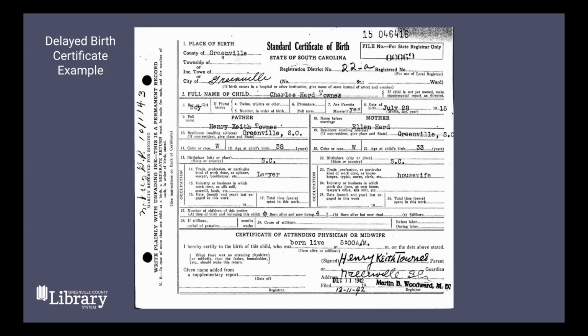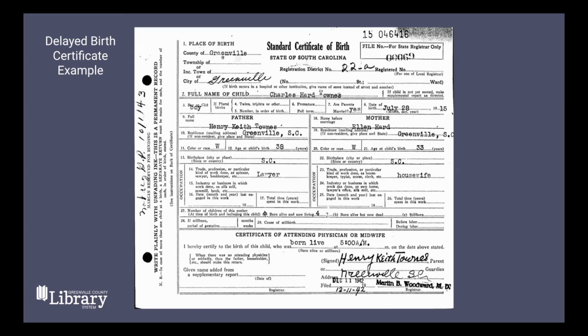So there could be several reasons why a birth record may be issued after the fact. So one, it could be that they were born before the state started requiring birth certificates. And keep in mind, even though they did start requiring the birth certificates in 1915, as well as the death certificates, it did take a while for full compliance. So I think I read that it was around 1918 where there was full compliance.